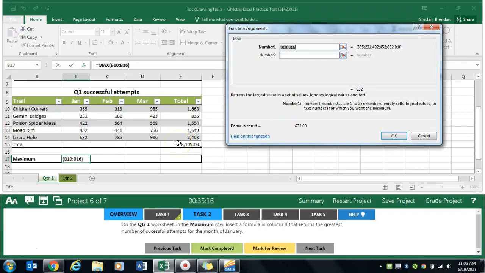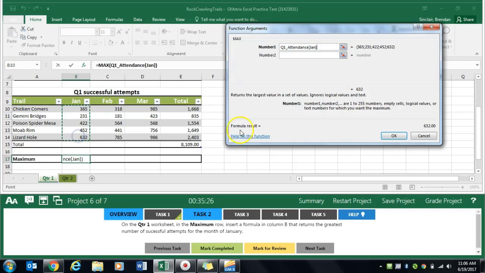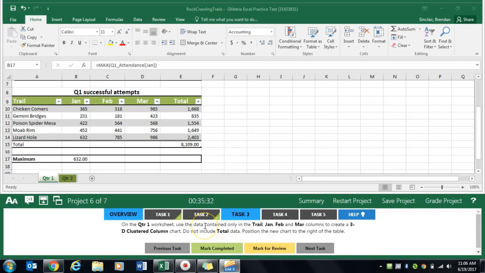And it asks us to go ahead and select the range. If you just leave it at its default, you're going to get the wrong return. So we just want to select these, and we'll click OK. We'll click Mark Completed. Task 3 asks us to go ahead and select the data, trail, February, January, February, March,